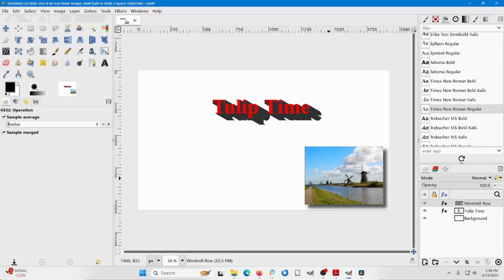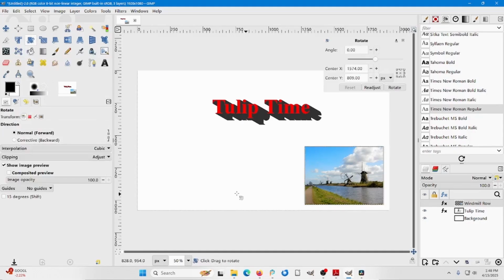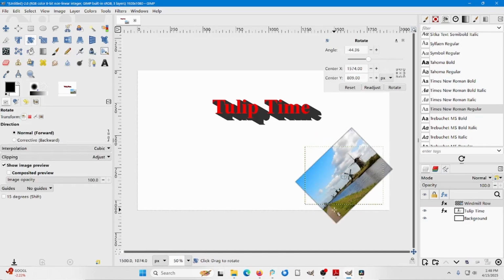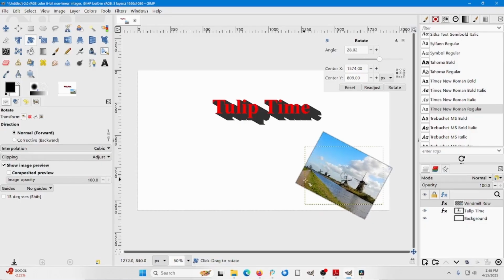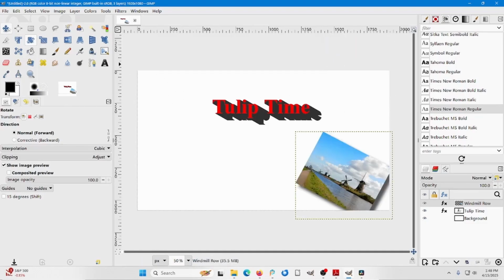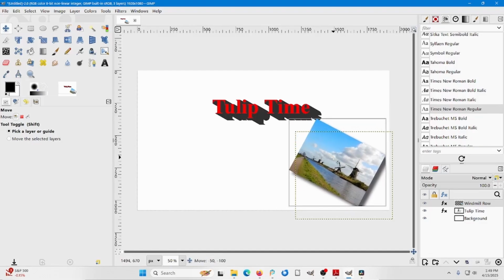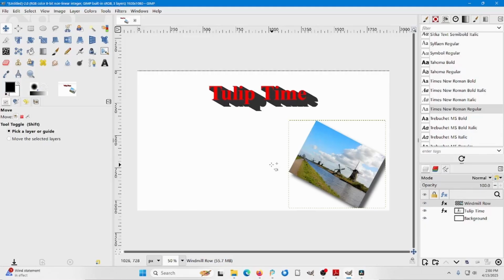I think I'd like this windmill row layer to be rotated some. So make sure I have that selected and go up here to the rotate tool. And can I just rotate it like this? Yes, I can rotate it this way. I can rotate it that way, but that puts it out of the edge of the canvas. So once I've rotated it, then I'll do the move tool and I'll move it back in so it fits in the canvas a little better. I'm going to go ahead and go back to my sample image book,